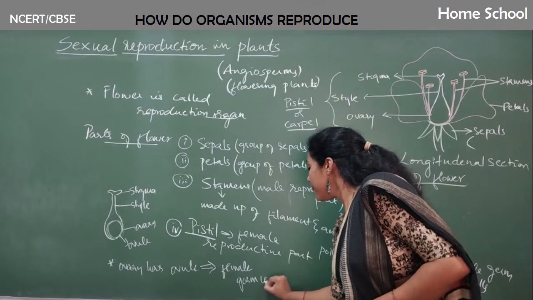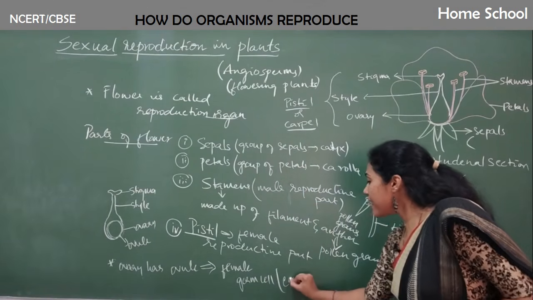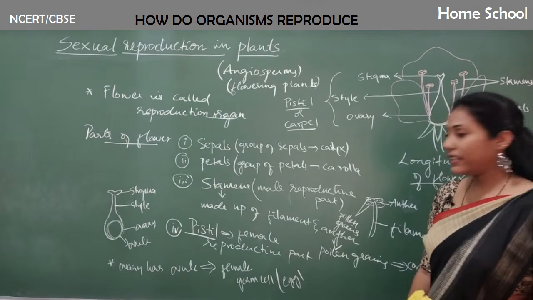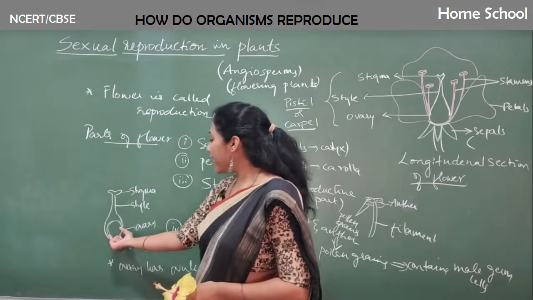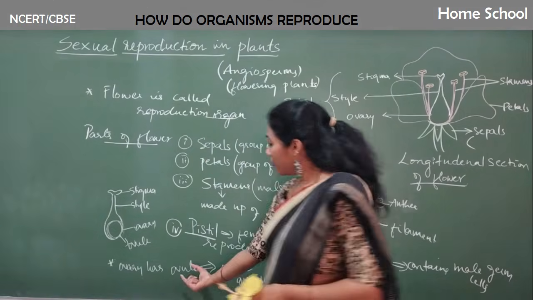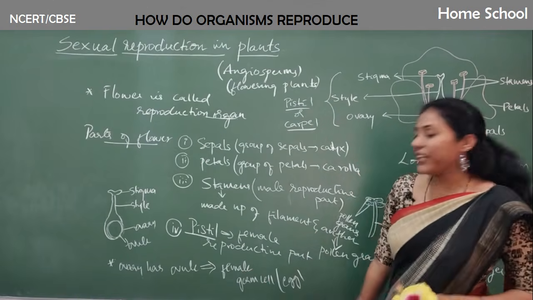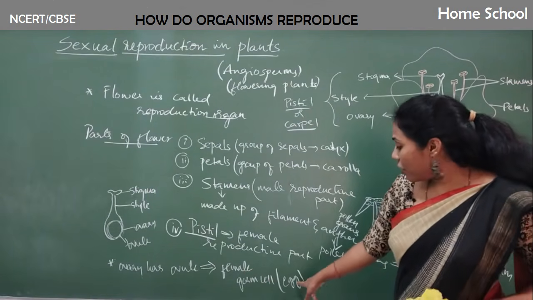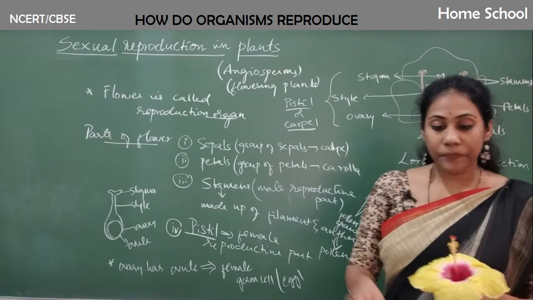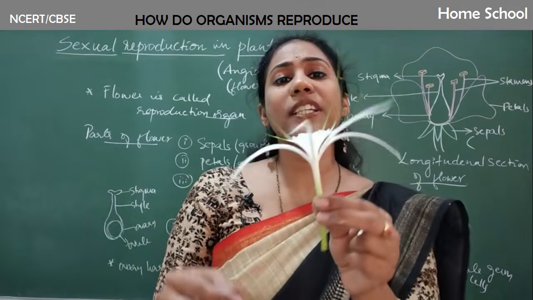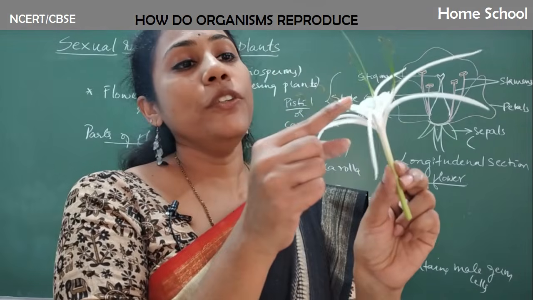Female germ cell is also called the egg. Clear? So inside the ovary, you have the so-called ovule. Inside the ovule, you will find the female germ cell, which is also called the egg. Okay, coming to this flower, as I already told you,